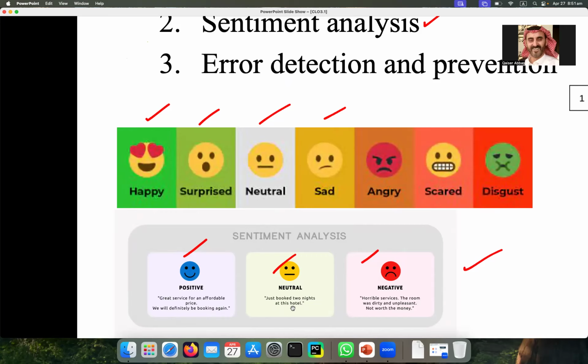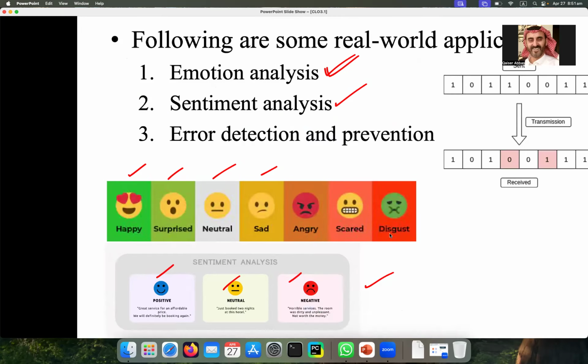This sentence is not saying anything positive or negative. Similarly, horrible services, the room was dirty and unpleasant, not worth the money. So this is negative. Your model will read these sentences and it will automatically detect that this is a negative sentence or positive sentence or whatever. So that is called sentiment analysis.